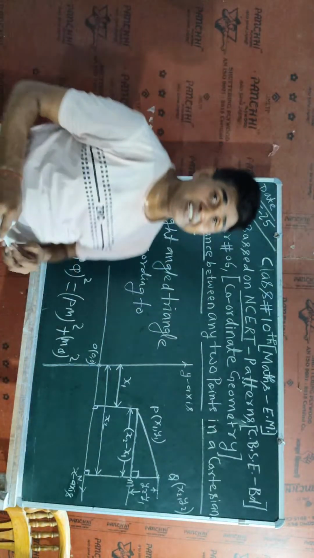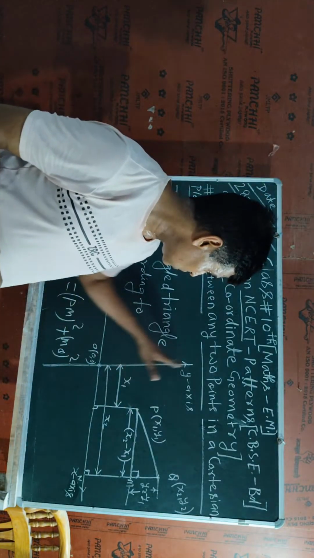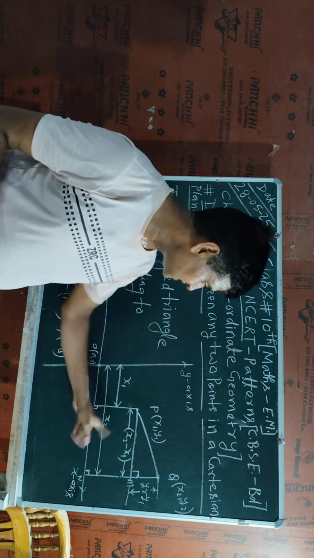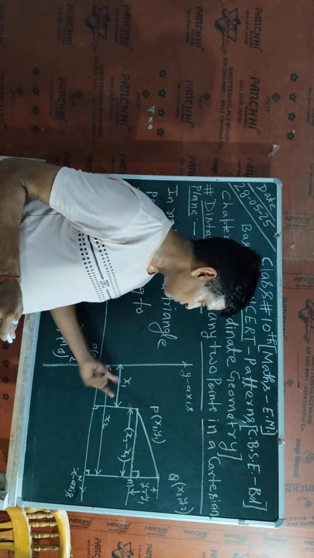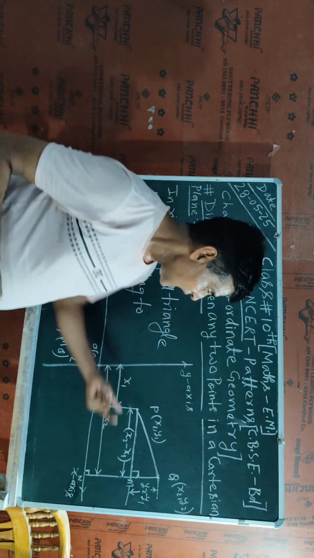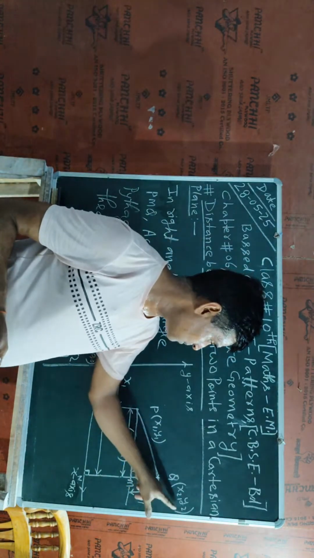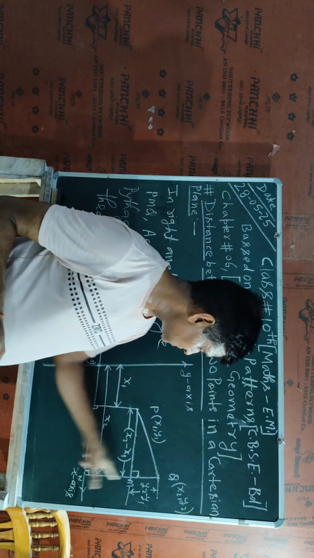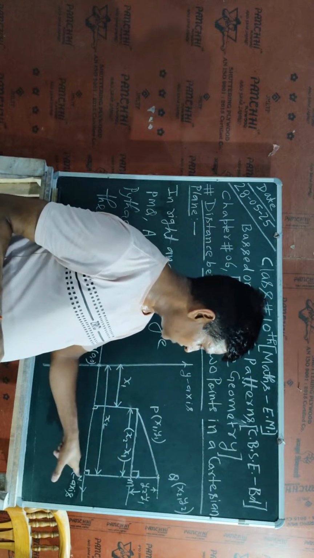So these are the information I have taken from the diagram, because this is the y-axis and this is the x-axis, and at P this distance will be x1 and this distance will be y1. And at point Q, the coordinate is x2, y2, and this distance from this point to this point will be x2, and from this point to this point will be